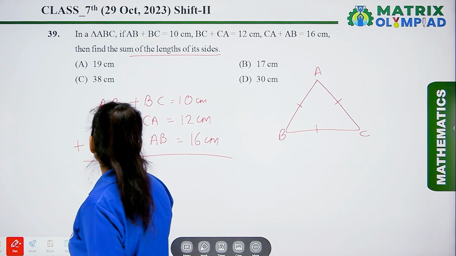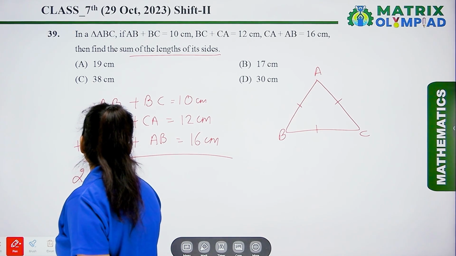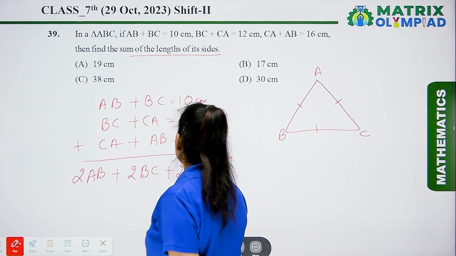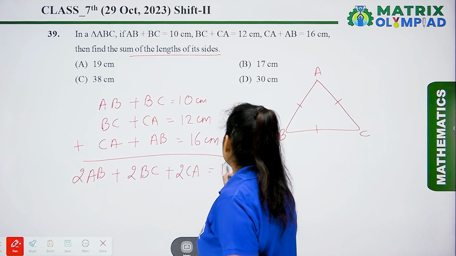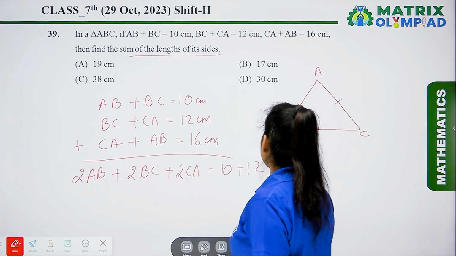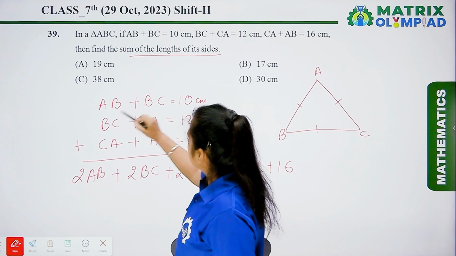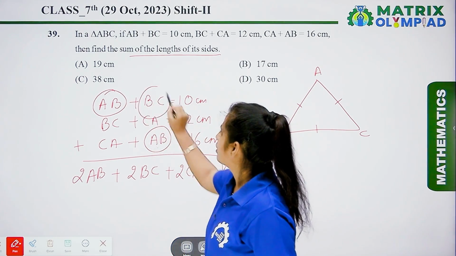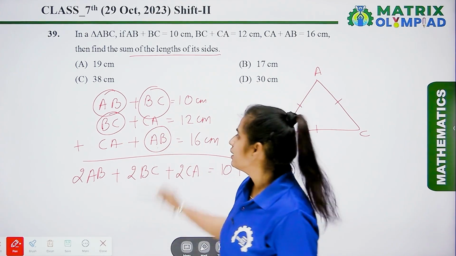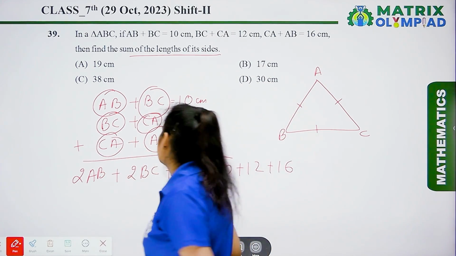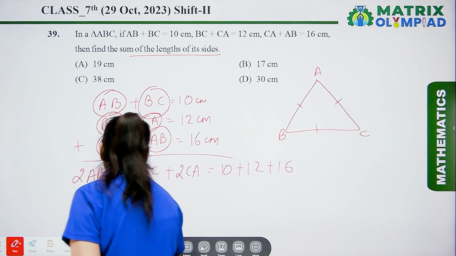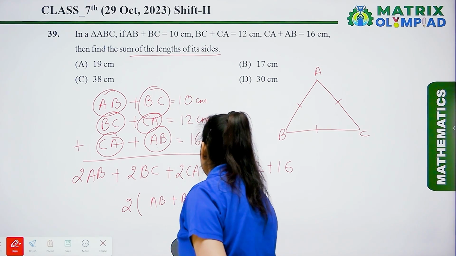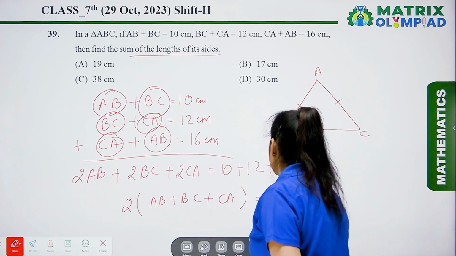By adding this, we get 2AB plus 2BC plus 2CA, that is equal to 10 plus 12 plus 16. Here it is AB, AB. So we have 2AB. Here it is 2BC and here it is 2CA. So after taking common, we get AB plus BC plus CA, that is equal to